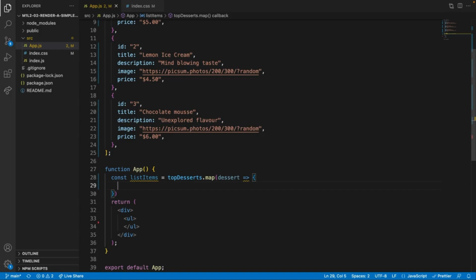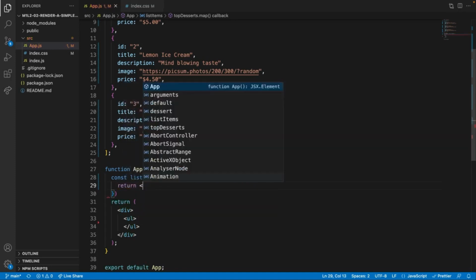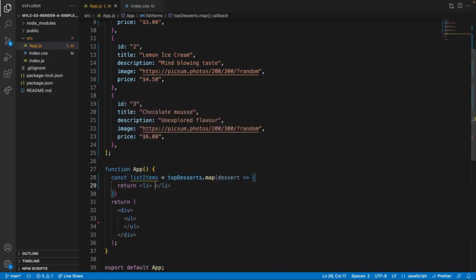Recall also that all HTML tags are components by default, so you can leverage all the semantic tags you already know from HTML. For list items, your best choice is the list item or LI semantic tag. I am going to return an empty list item for now. Because the goal is to display the title of the dessert and its price, I am first going to create